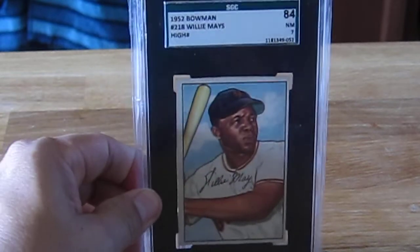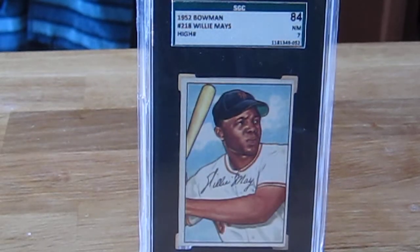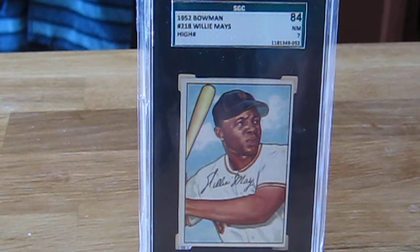My lone SGC card, the 52 Bowman Willie Mays. Great card. I really like the SGC holders. I mean, they're really nice compared to a PSA holder, but this is my lone SGC card. Perfect example of me buying the grade and not the card. I got this when I really didn't know what I was doing, and obviously it's off center, so even though